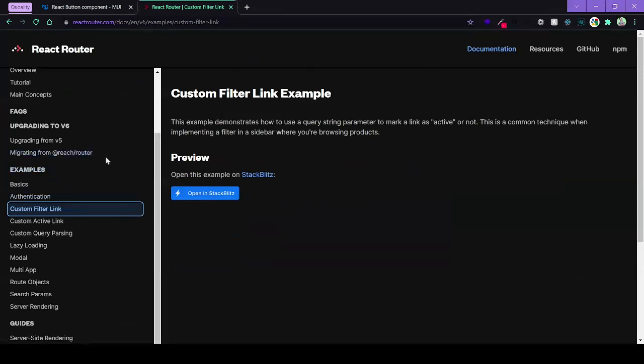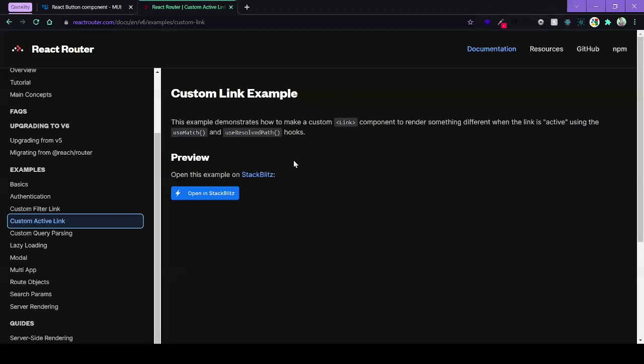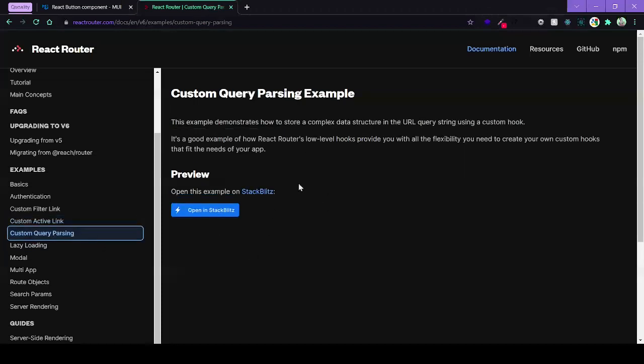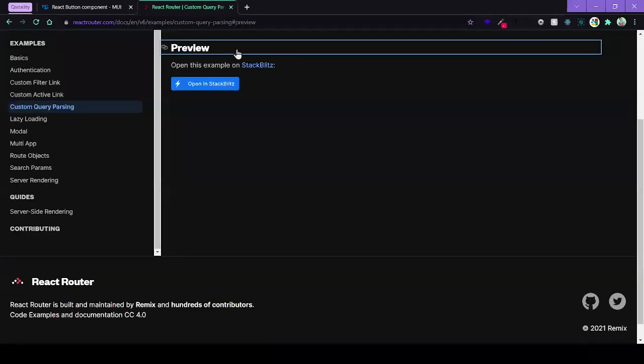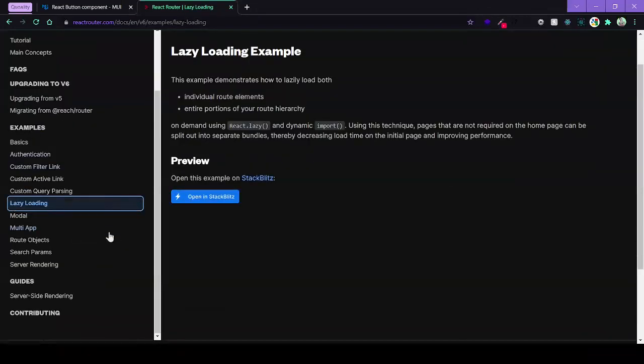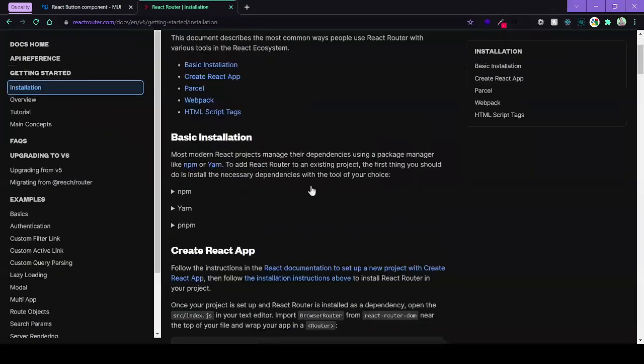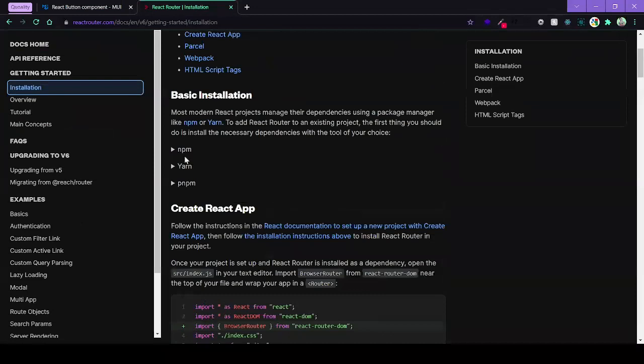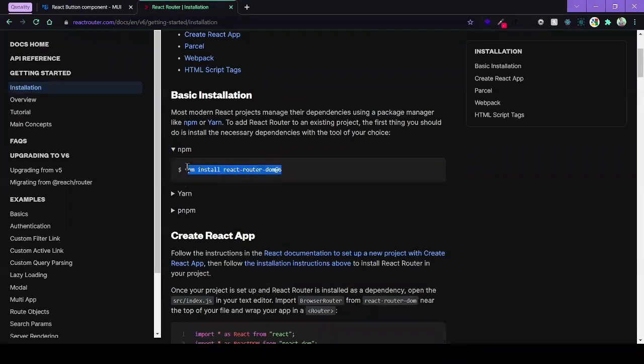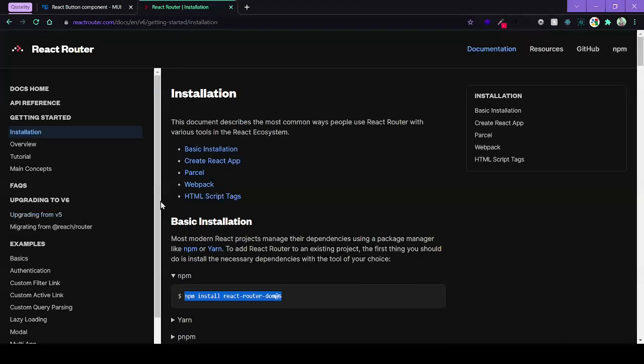Actually, I have still worked only till version 5, and today I decided to use 6. So not only are you new here, even I am new with React Router 6 because it got upgraded and we have some latest functionalities. So let's move forward with those. So let's just copy the installation npm command. And again, if all of these seem to be more jargon to you, you can always go to the npm